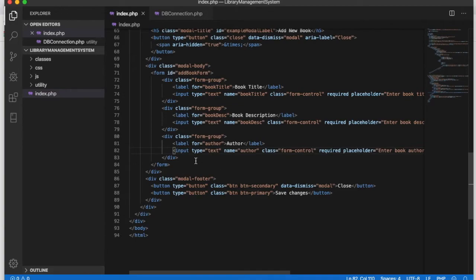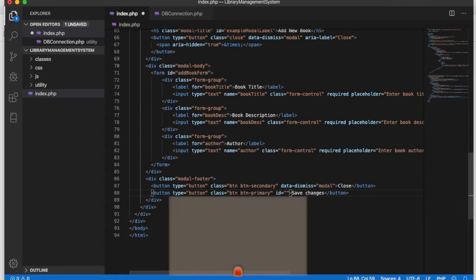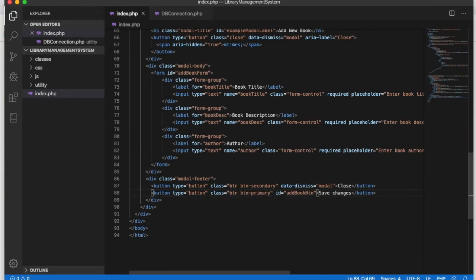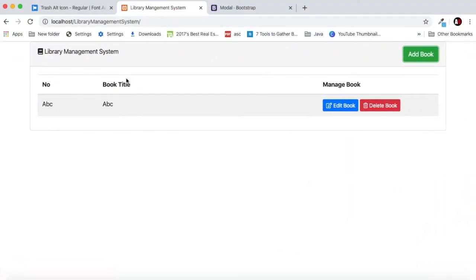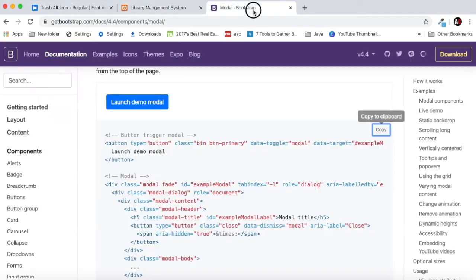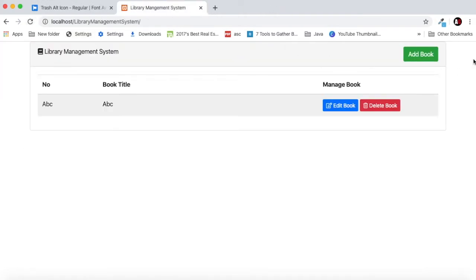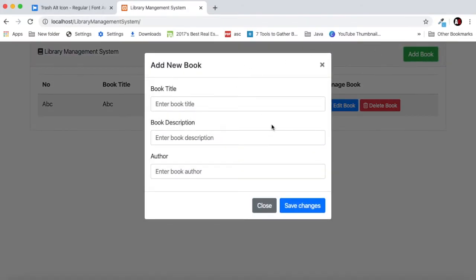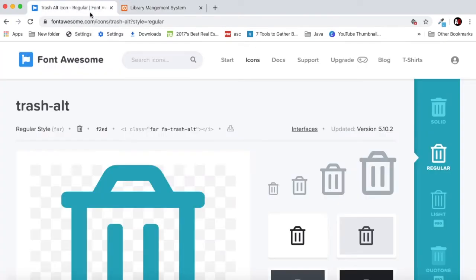And let's go here and give the button an ID of add book BTN. Okay, so we will say add book BTN. Let's go back to our project and refresh this. Let's close this Bootstrap link, and if I click on this button, okay, we have this modal now, and we can also go back to our icon, and we will again type